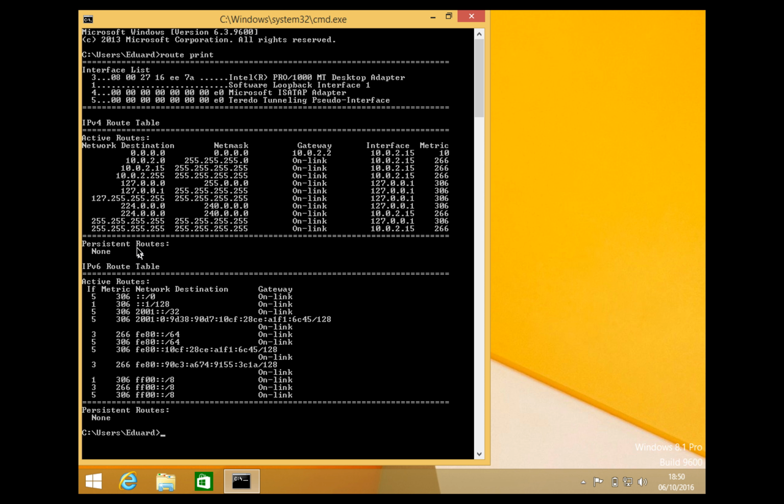Then as you can see here, we have no persistent routes, and these are routes that are added by the network administrator explicitly. Afterwards we have the IPv6 routing table, and this follows the same policy. You have the interface here, then the metric, network destination, and gateway. And let me talk about